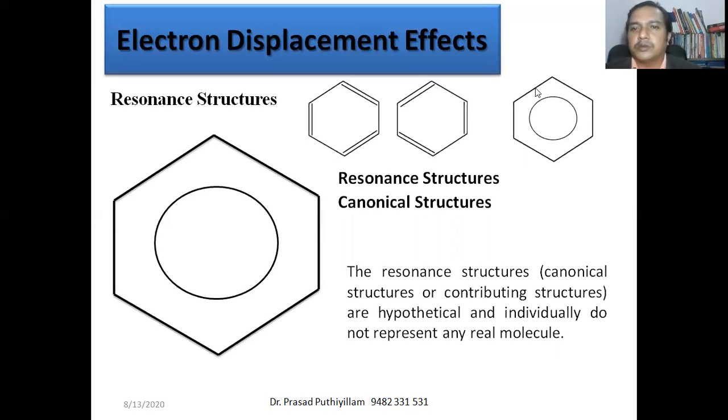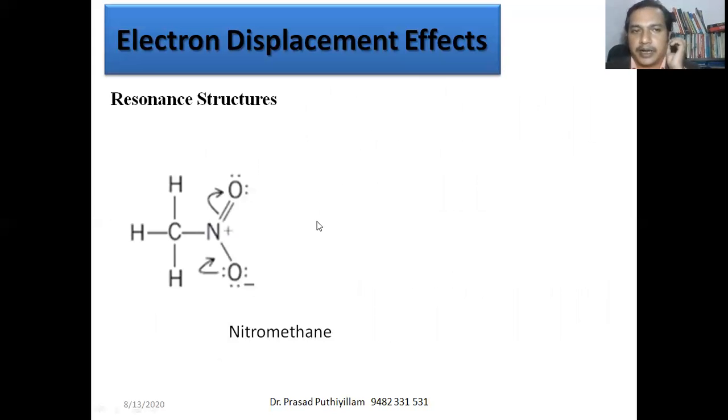The actual molecule should be represented like this. But these two structures are contributing towards the stable structure of benzene. This is the stable structure of benzene, and these two are the canonical structures of benzene. Because of these two structures, or because of this alternate single and double bond shifting, benzene is stable. That we'll discuss in higher classes.